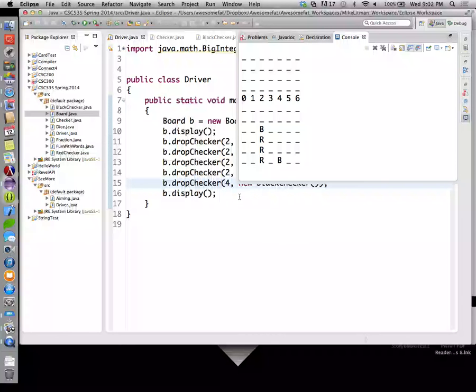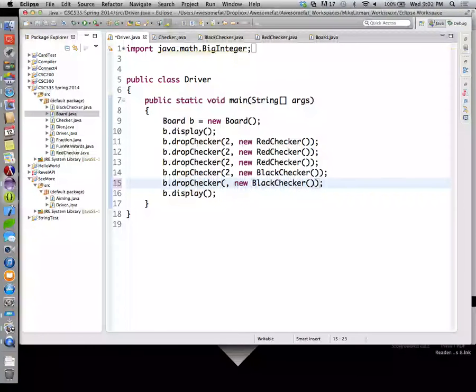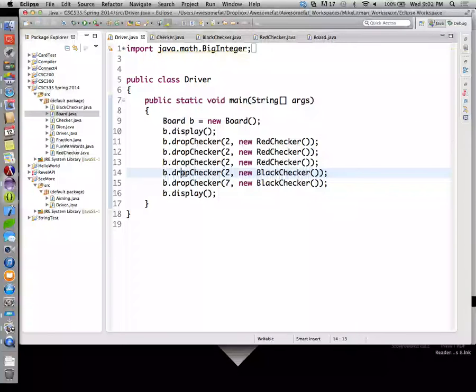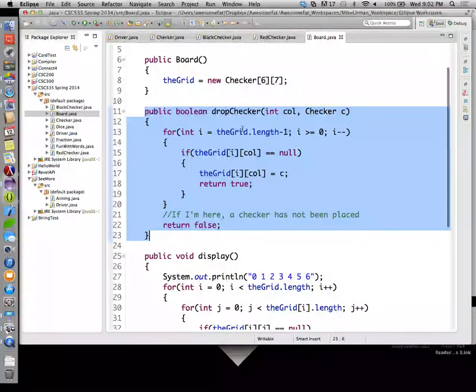What happens if I try to drop something in column 7? It'll be an out of array error. Array index out of bounds. Yeah, I got one of those earlier because I messed up something. So we tried to drop something in a column that doesn't exist. So we probably want to write into our method